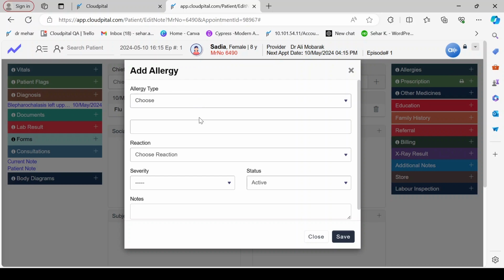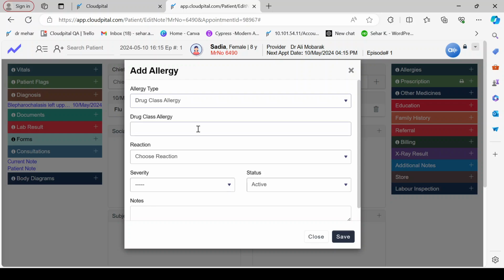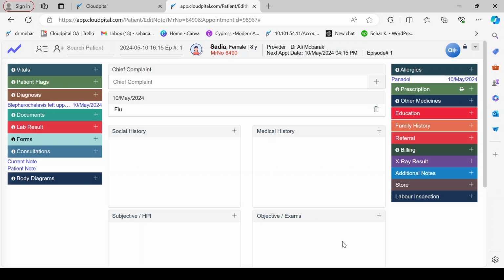In here, we have specific drug allergy and non-drug allergy, and we categorize these into different types as well. For example, I am adding Panadol. The reactions we have are like chills, fever, cough, headache, hives, multiple types of reactions available in our system, as well as the severity level like fatal, mild, severe, and also the active status. So this is the allergy record we can add in these screens.